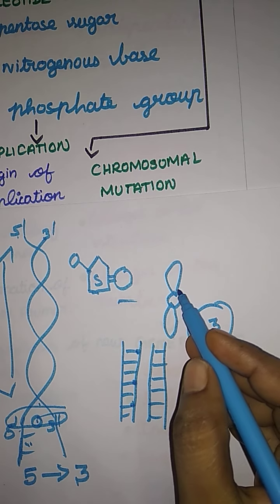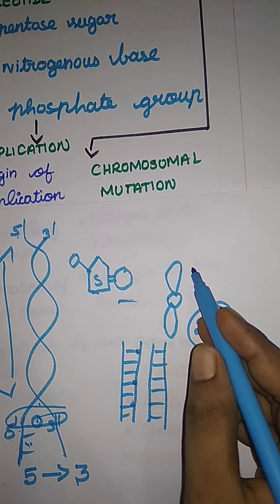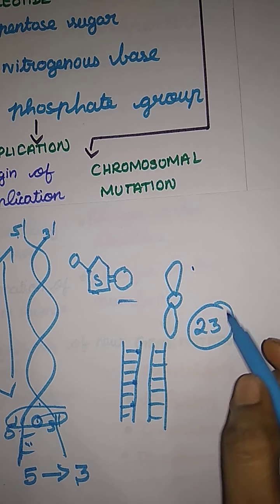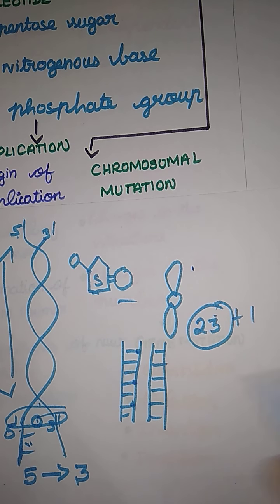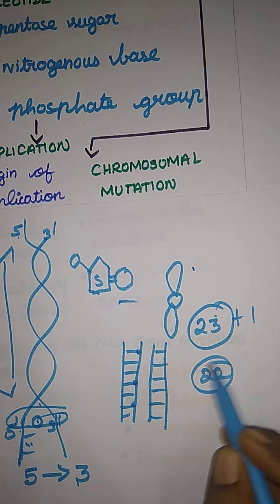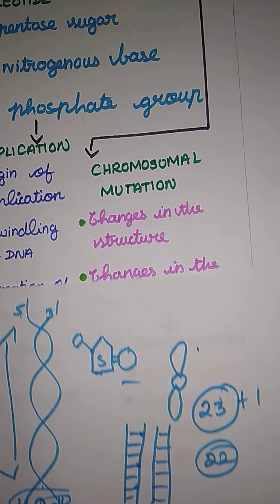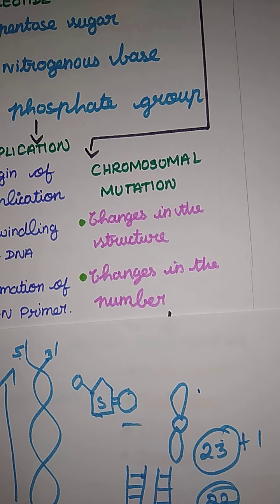First thing, based on size, they differ from the normal. Compared to the normal size, there are some changes. Maybe dominant, excess growth, maybe recessive growth. Okay, changes in the size and shape of a chromosome, or changes in the number, maybe 23 into 24, or a decrease in number, it can be 22 also. Okay, that is the changes in the number. First one, changes in the structure of chromosome, changes in the number of chromosome.